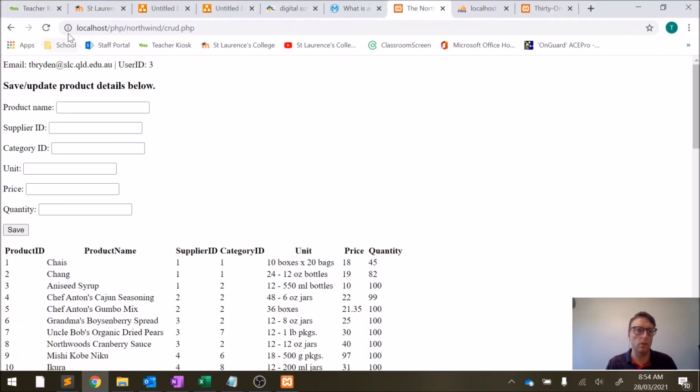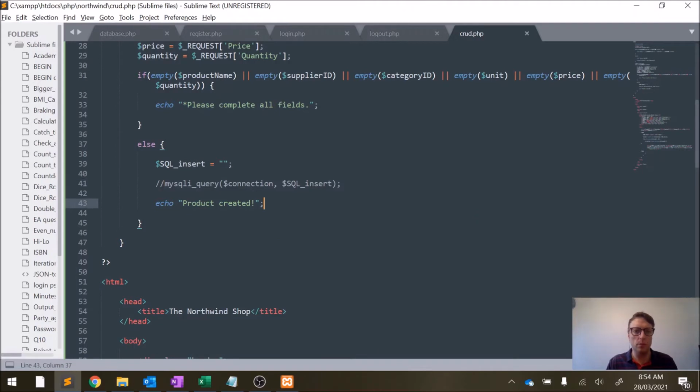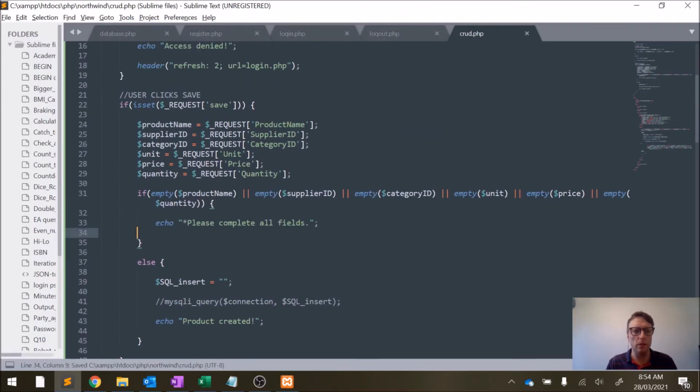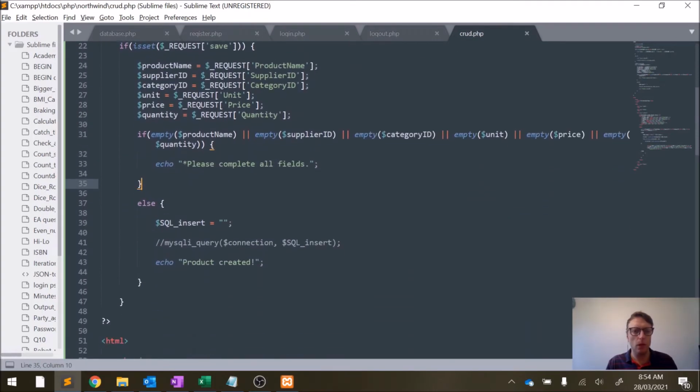Test things before we go any further. Hit save. Please complete all fields. Good, that works. It's not in the best spot, obviously next to the login information. But we'll fix that in a minute. Okay, so